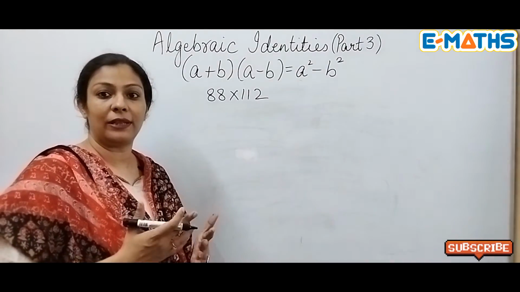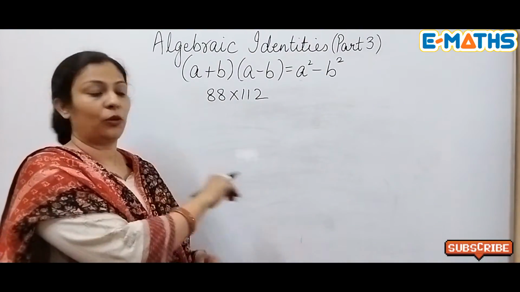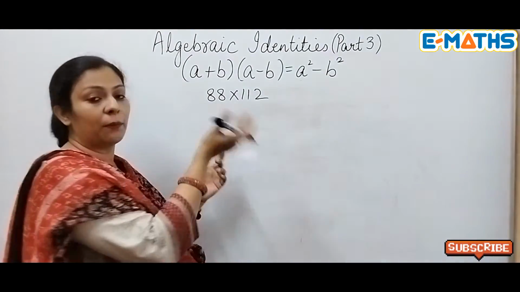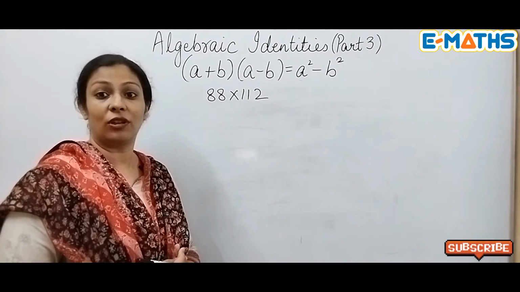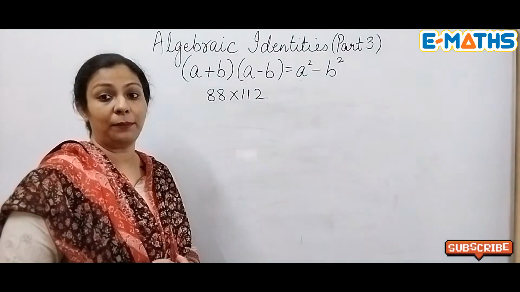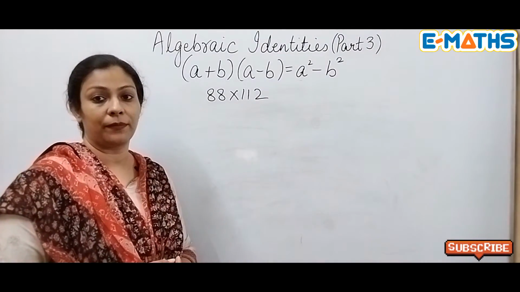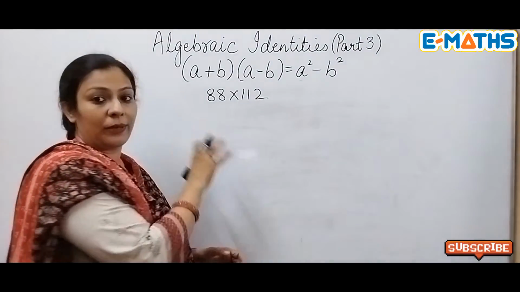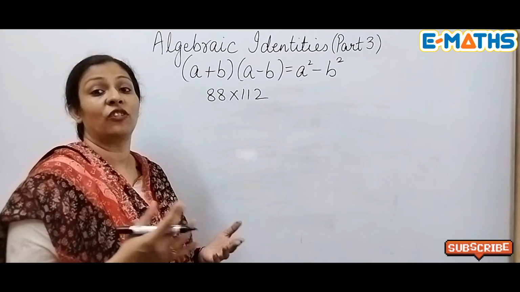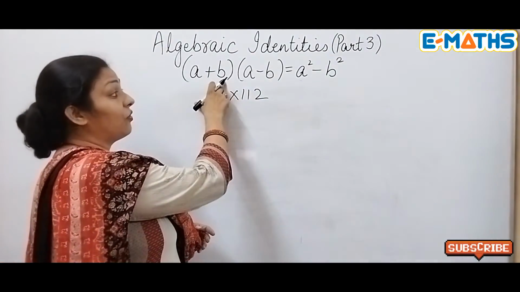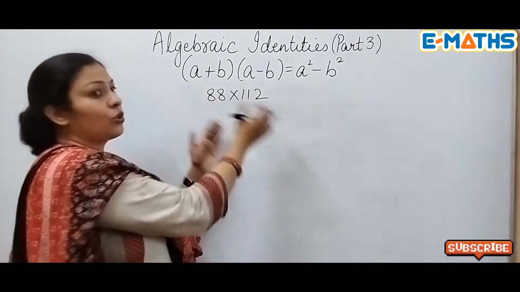Now another question to be solved by the same identity, because here although I have written the numbers only, which can be easily multiplied and you can get the answer, it's not that easy. The question can be, using expansion solve this. So whenever you encounter such a question, first of all you need to figure out what the value of a is and what the value of b is, because this question is neither in this form nor in this form, but we have to use this identity to solve this.